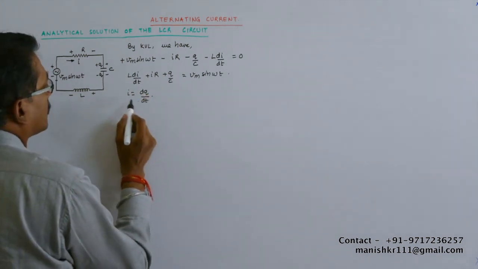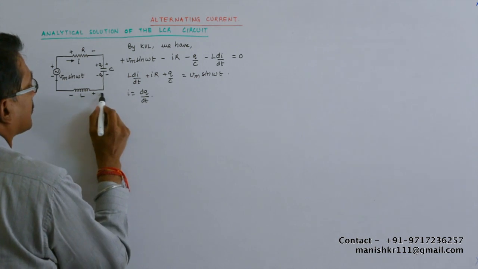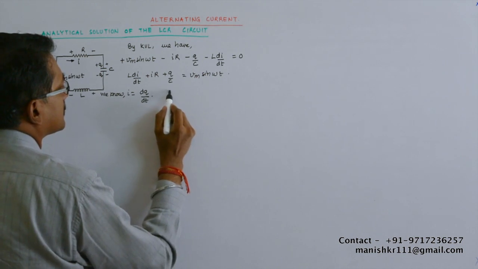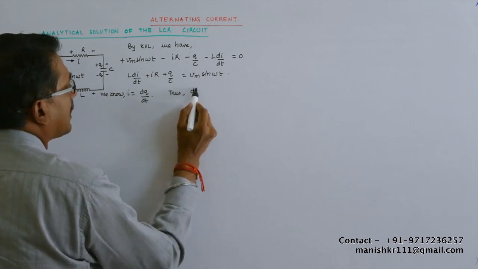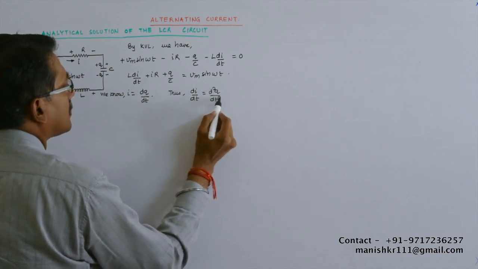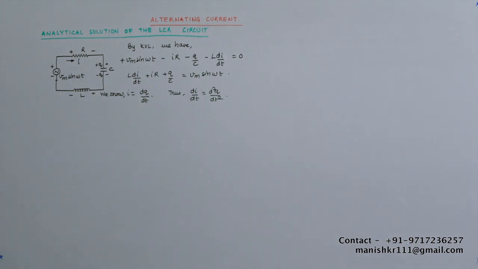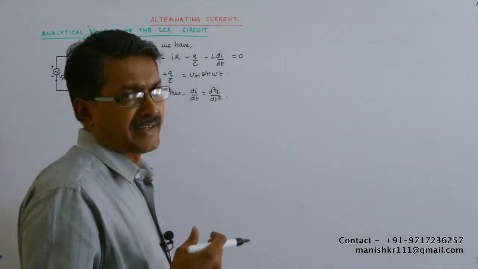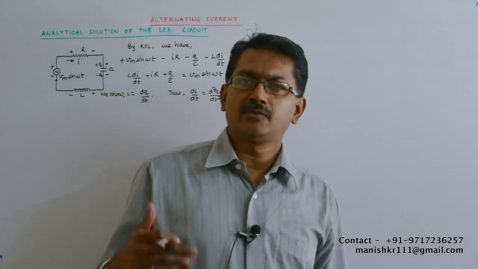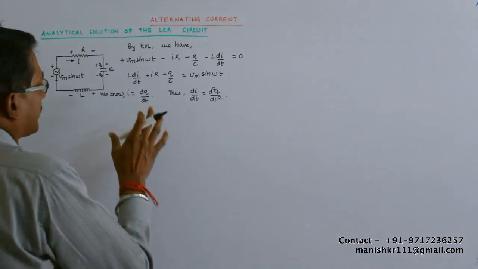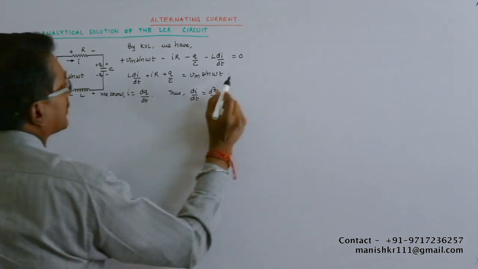Fine? So we know this. Thus, di upon dt is equal to d2q upon dt square. Is it not? Di upon dt is equal to d2q upon dt square. Now, what I am trying to do, I am trying to convert even the variable I in terms of q, so that I will have only one variable. So if I put these values in 1,